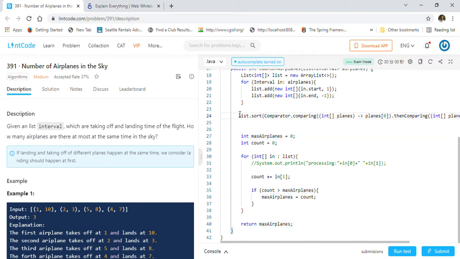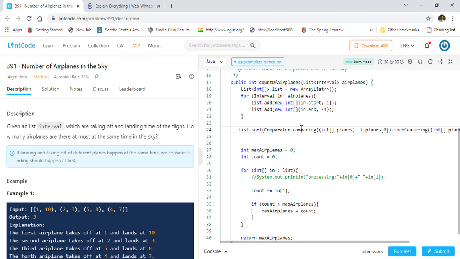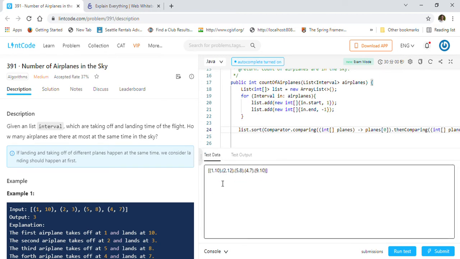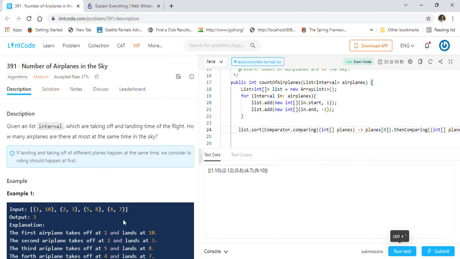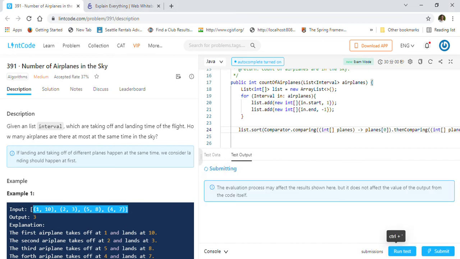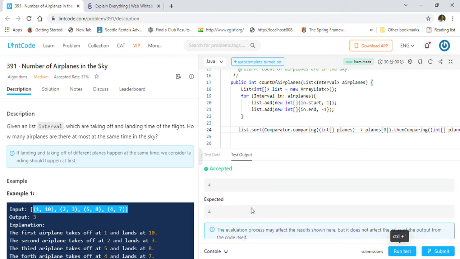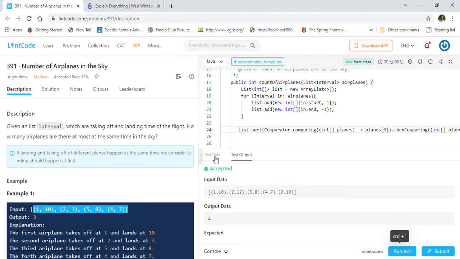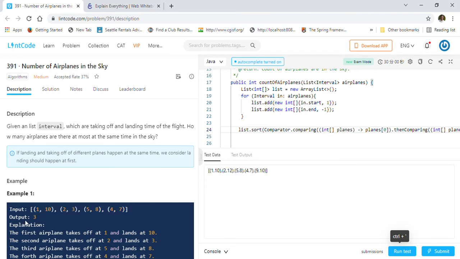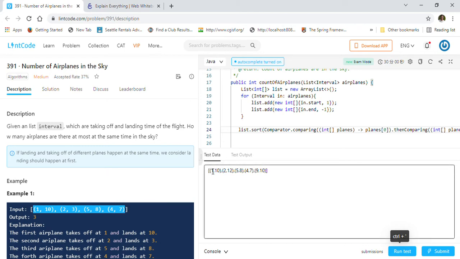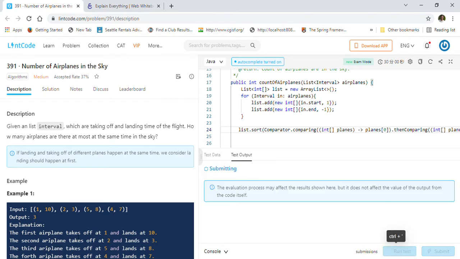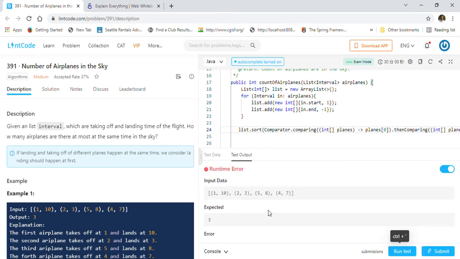And here is the implementation for that, right? First let's just run this code and make sure this is working fine. We'll take the first example that is given to us. As you can see, the output is coming as 4. Oh, this one is another example. So let's take this first example, and then we will take the other examples. I think this one is another example I was trying. So this is the same example now. This one's output should come as 3.